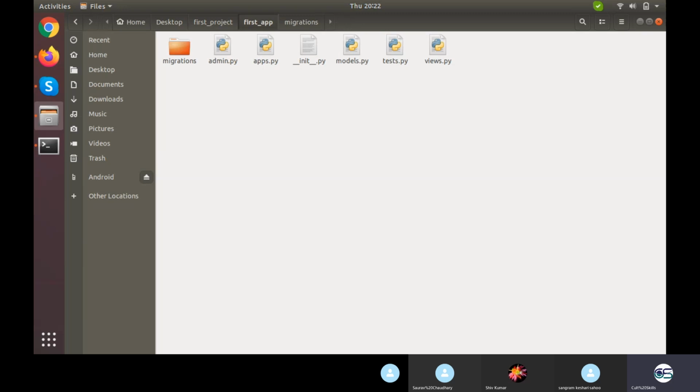If it is regarding controls, put it on views.py. If it is regarding URL, put it on urls.py. If it is regarding admin panel, put it on admin.py. Although you can do the same thing in a single file as well, that will create a lot of mess. Seriously, a lot of mess, and that is not at all required.